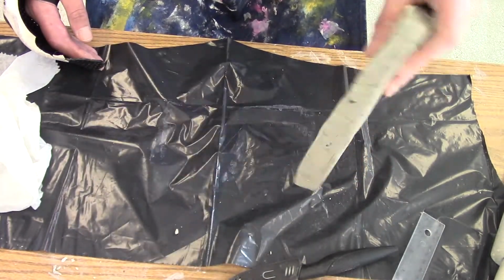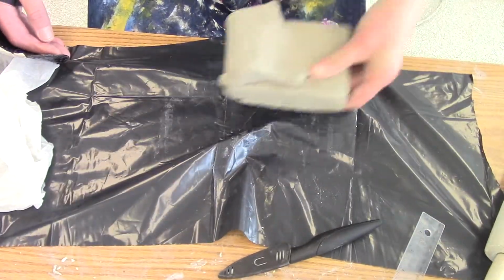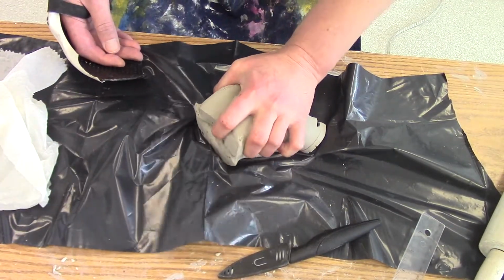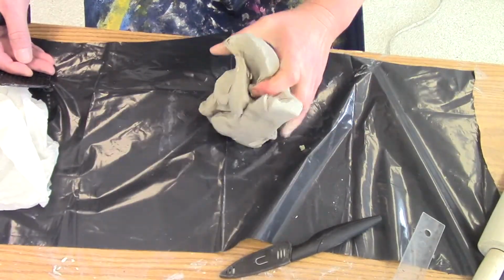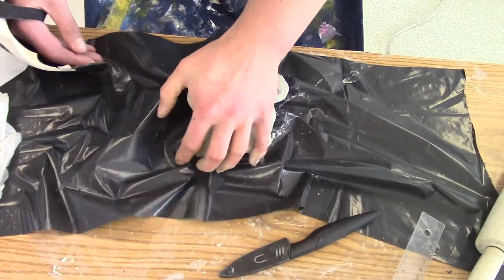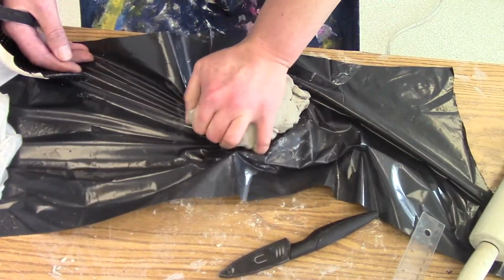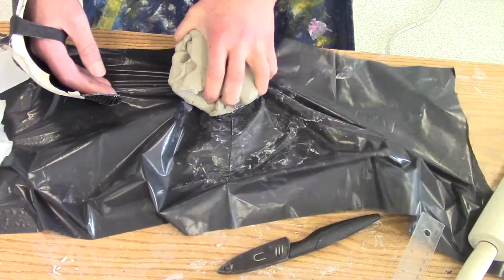If you are planning on changing things around, it's just like Play-Doh, or if you've ever made bread, you might want to add some water just to make it a little bit more squishy. Too much water and it's going to become what we call slip, and it becomes very squishy, which is also a problem in the long run to form or create or sculpt, because it becomes too squishy and too messy,